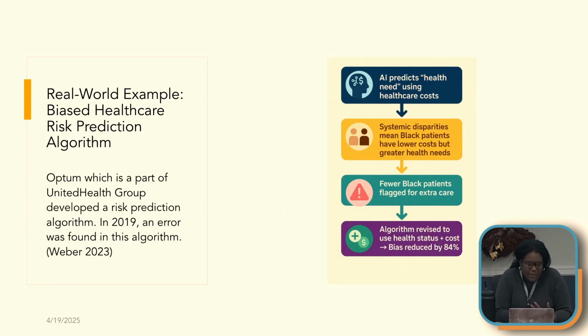Here's a real world example of an AI model. Optum, which was a part of United Health, developed a risk prediction algorithm, and they used in their algorithm a variable for healthcare costs, which they thought would be a good proxy for the need for healthcare services. But there's a study done by some scientists at UC Berkeley in 2019. They found there was actually error in this algorithm. By them using the variable healthcare costs, they were systematically